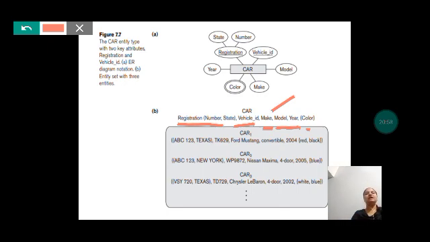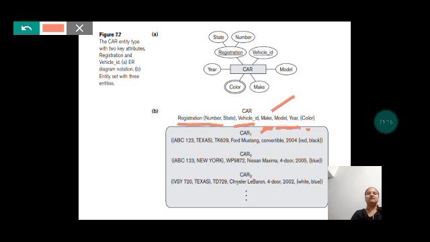Now suppose we have the first car entry. The registration number for that car is ABC123, that is the number, and the state is Texas.